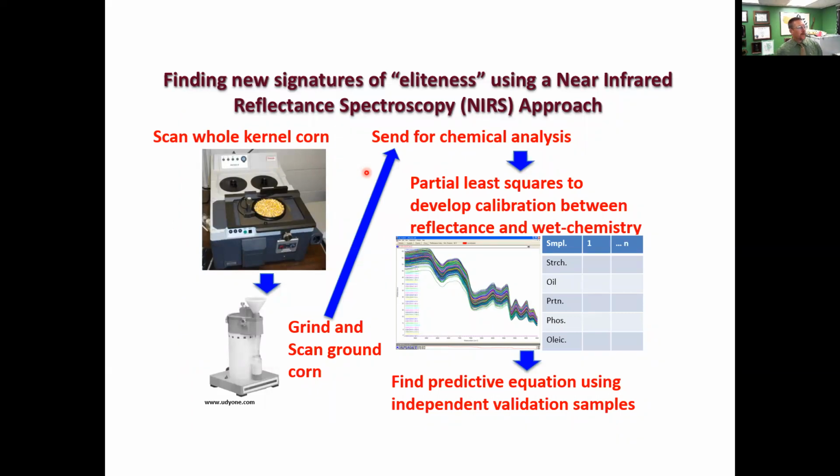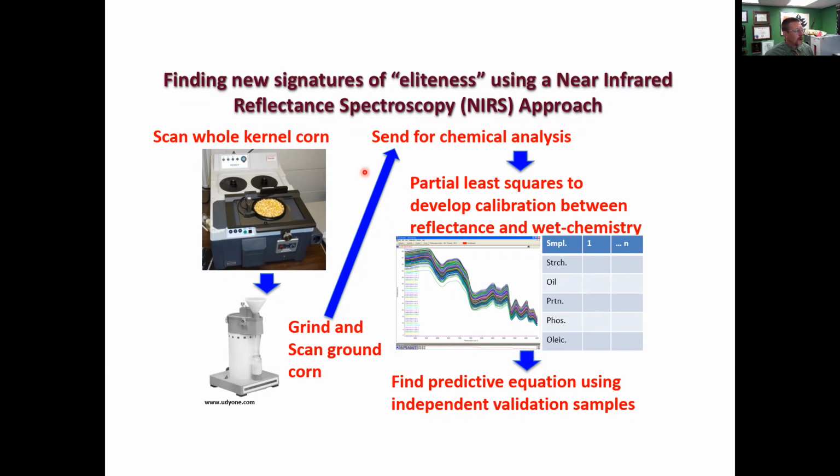Okay, I'm going to change gears just a little bit to try and get us to phenomic selection. I want to talk first about near-infrared spectroscopy. I'm going to assume that a few of the people who are watching this have done near-infrared spectroscopy, but most of you probably haven't, so I'm just going to run through how this works. This is based on solid physics. It's the idea that in the near-infrared spectrum of light, certain chemical bonds absorb and give off different